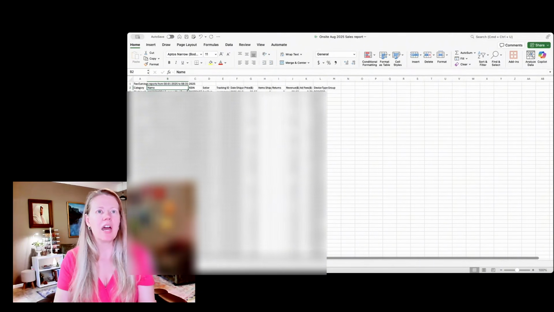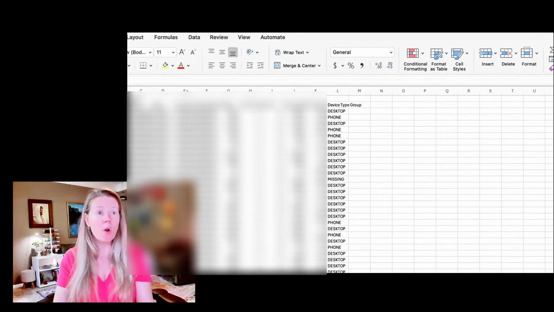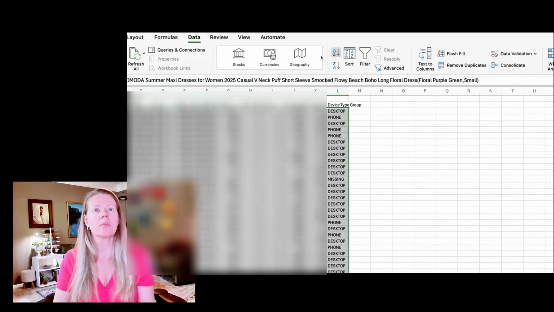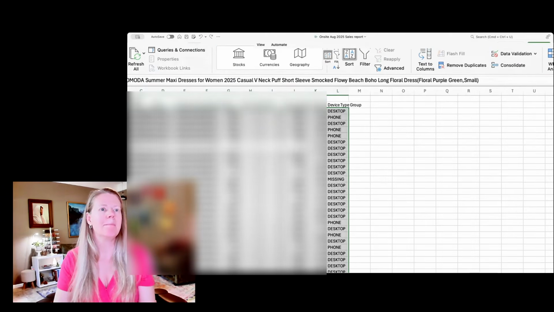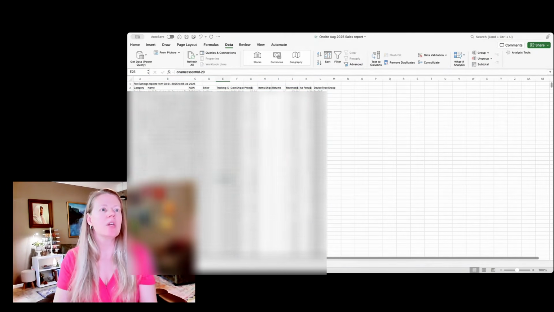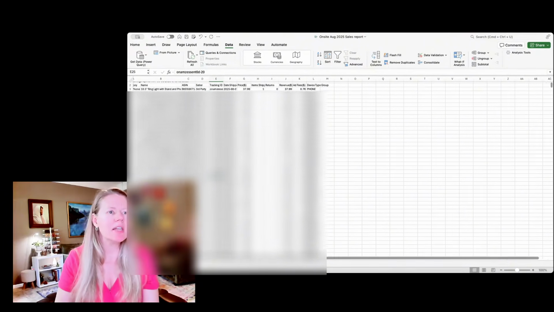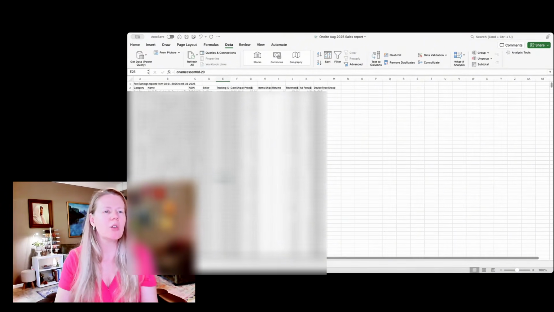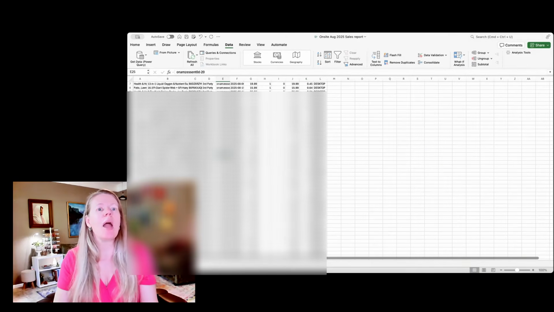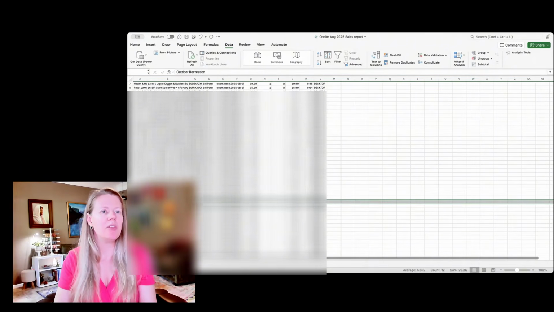I am not a huge data junkie, so I know people do this a lot more than I do. I'm just going to sort the data A to Z. Nope, just kidding. Don't do that. Do this one, and then you can choose the column name, and that way it changes everything. Okay, so that way I can easily grab, let's say I'm doing a sales report for this brand. I don't even know what that is. So I would copy all that information, and we'll just pretend that we're doing it for this brand. So I'm going to copy these rows